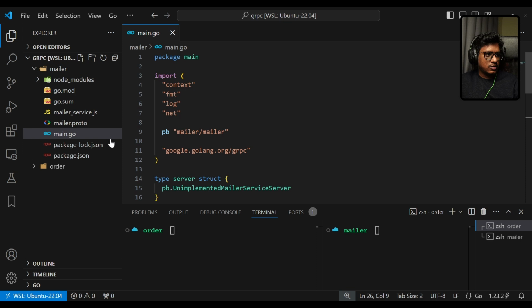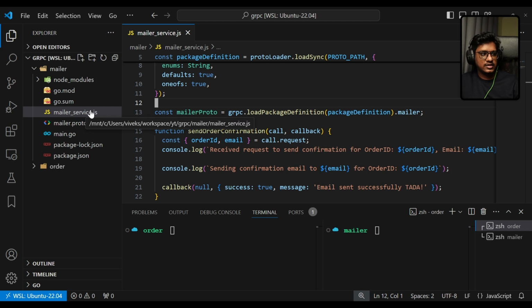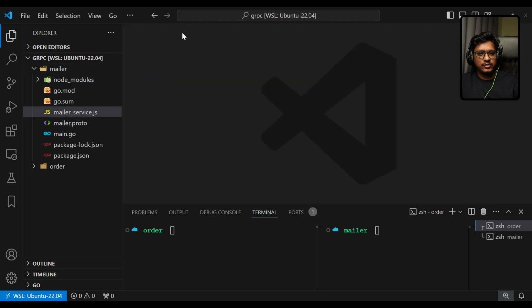So there is a main.go, which is the main, actual core server. I am not sure how many people are familiar with the Go language, but for this example of gRPC I'm demonstrating, you can just try to follow along. And I also have a JavaScript implementation of the same mailer service, but to demonstrate interoperability, where a Node.js order service can call a gRPC remote procedure call on the mailer service, which is written in the Go language. I'll cover the mailer service later at the end, but let's start with the main.go,